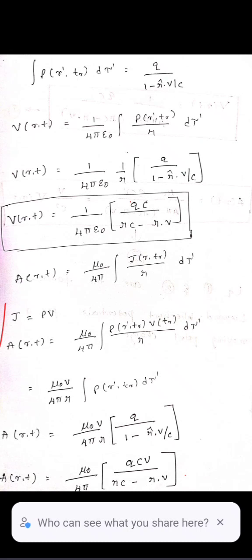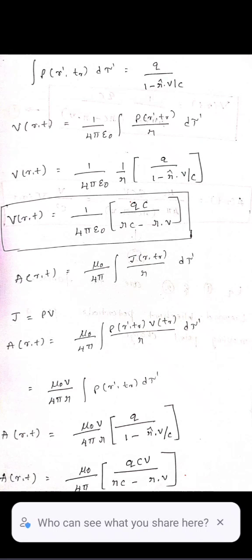Then the equation becomes A = μ₀/4π times the volume integral of ρ(r', tᵣ) v at tᵣ, so velocity at the retarded position. So here we calculate the retarded potential, evaluating the volume integral at the retarded position. We can choose the velocity at retarded time, so v(tᵣ) divided by 𝓇 dθ'.